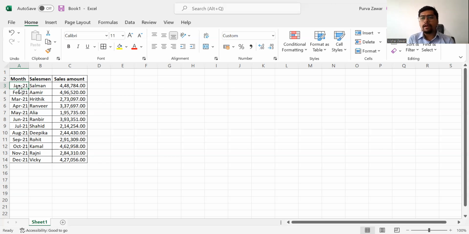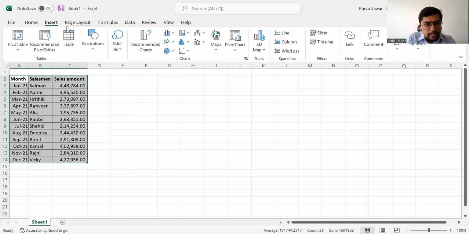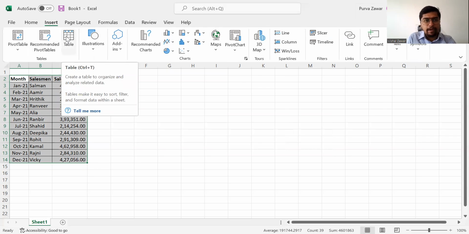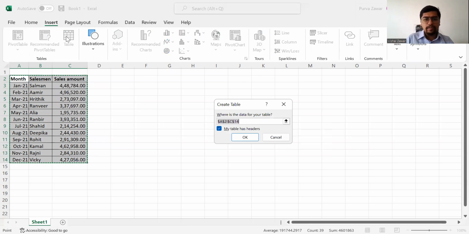Now it looks like a table, but it is not a table in real sense. When I say table for Excel, it is not an Excel table. It is only data in tabular format. So what do we understand by Excel tables, or how do I make an Excel table? You select the specific table data. You go to Insert. In Insert, you can see Table. And if I hover my mouse over it, it shows that the shortcut is Control T. So you can press Control T, or you can just click on this table